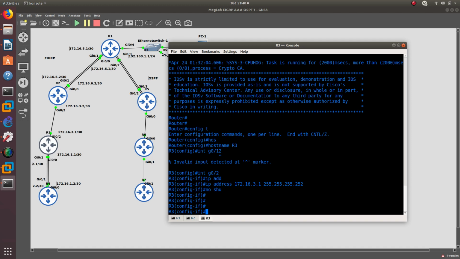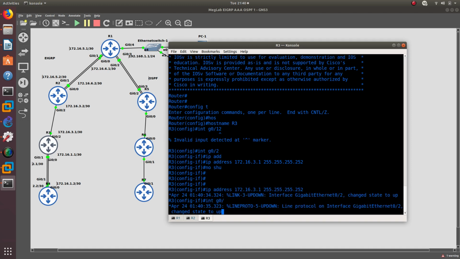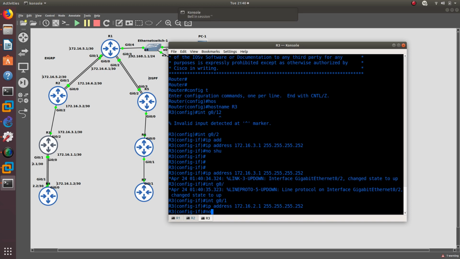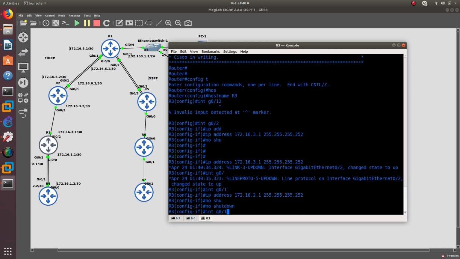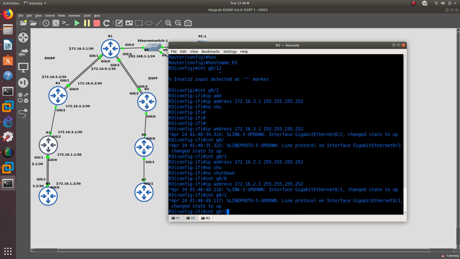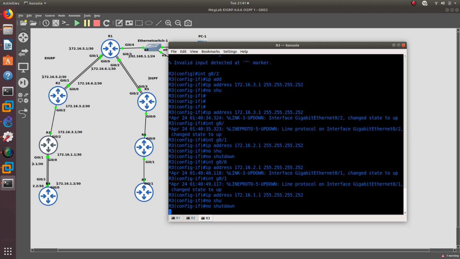Then let's go ahead to interface gigabit 0/1 and configure IP 2.1, no shutdown, and then gigabit 0/0, 172.16.1.1/30, no shutdown,